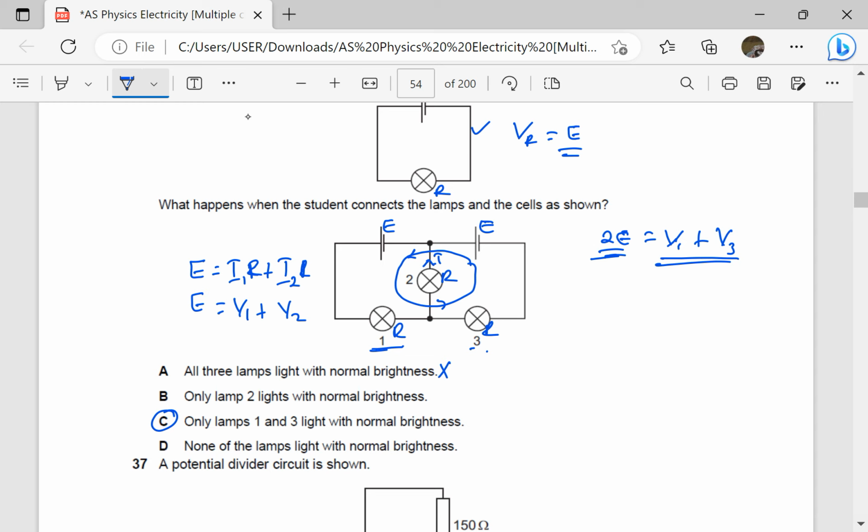If I combine these two, remember twice E is equal to V1 plus V3. So I will say twice E, where there is E, I'm putting V1 plus V2, is equal to V1 plus V3, which means